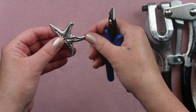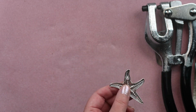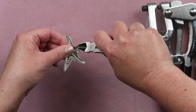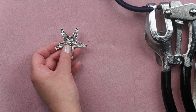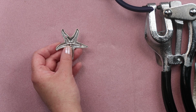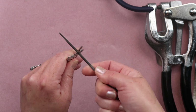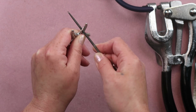So I'm going to go to the back here and cut off this little, oh, I need a different cutter. Cut off this little smidge on the back. And then what I'm going to do is I'm going to take my round file from my file set, so I can find it. So I have this little file set, and I'm just going to kind of do one of these numbers here